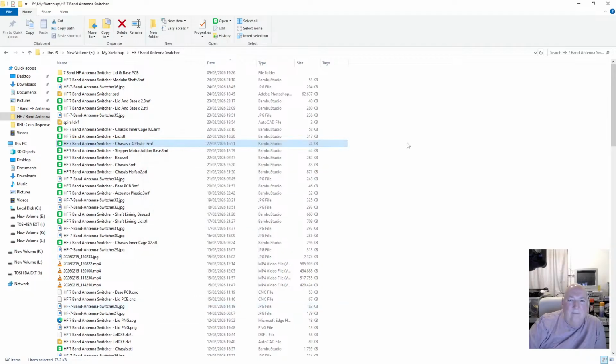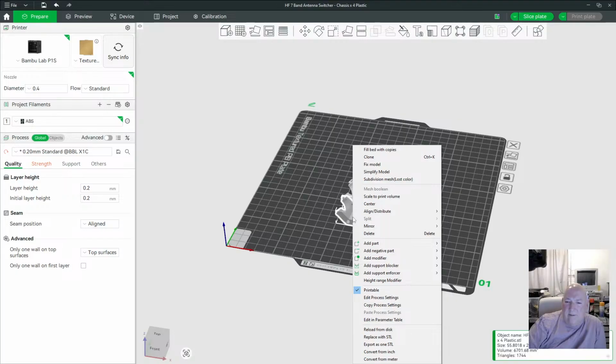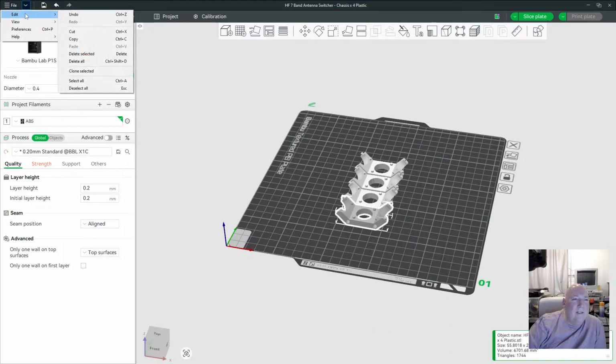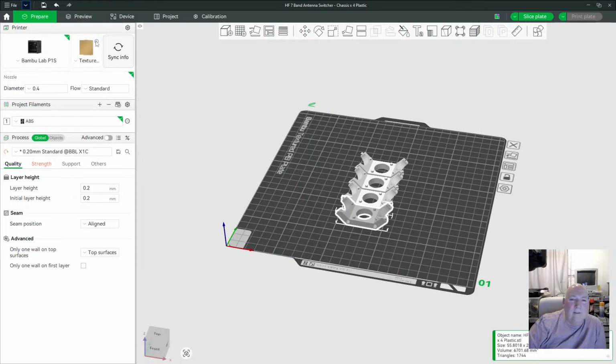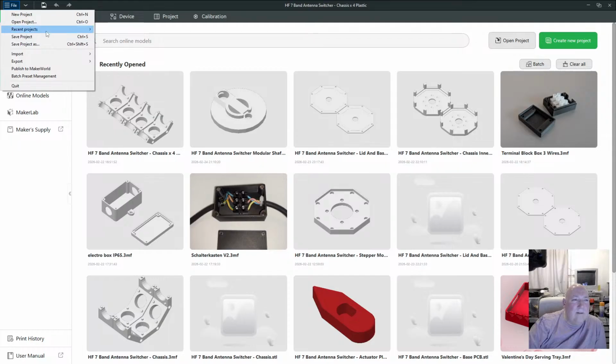Right, we'll have to recreate it again. That's the right one, but I can't copy it out. Add part. Is there no copy? Edit. Copy. Right, then go back to, did I create one? Recent projects.